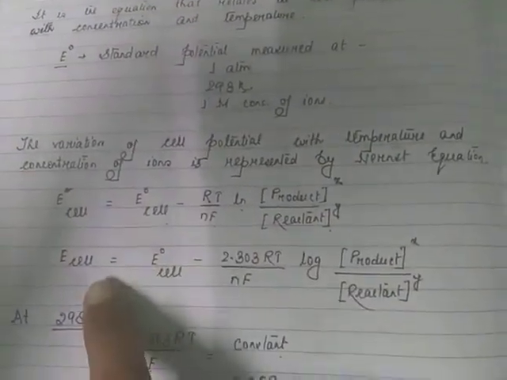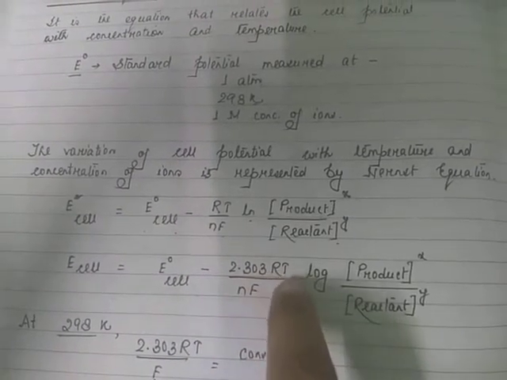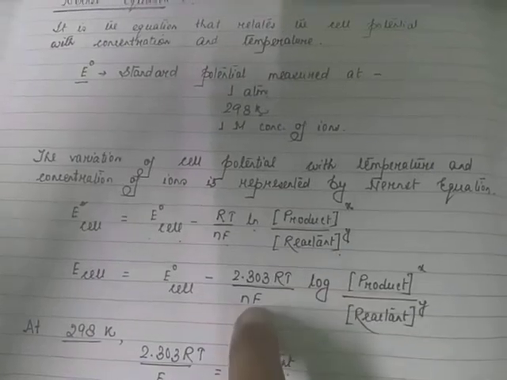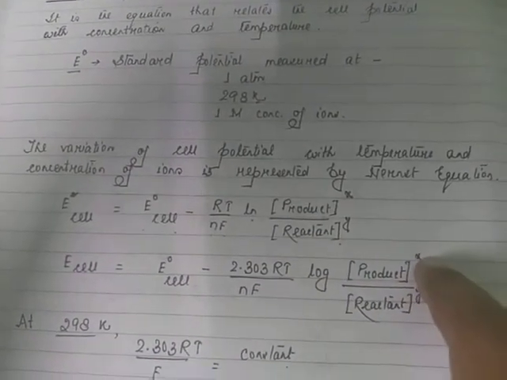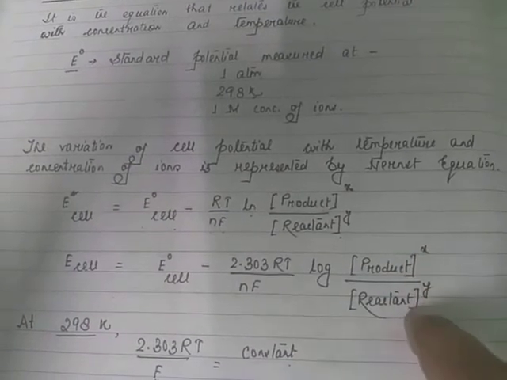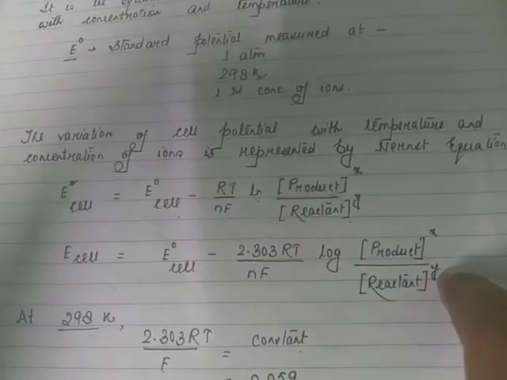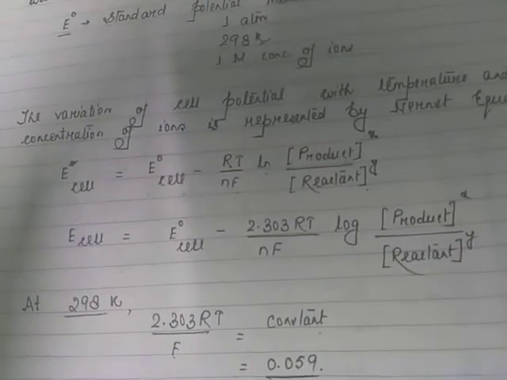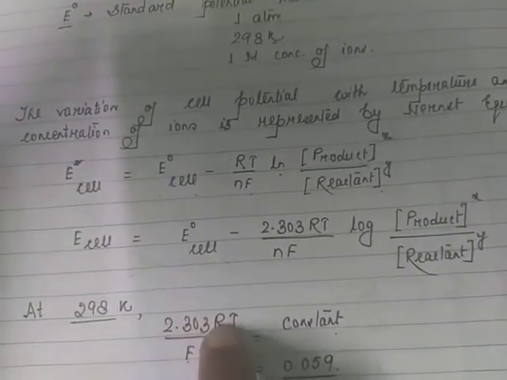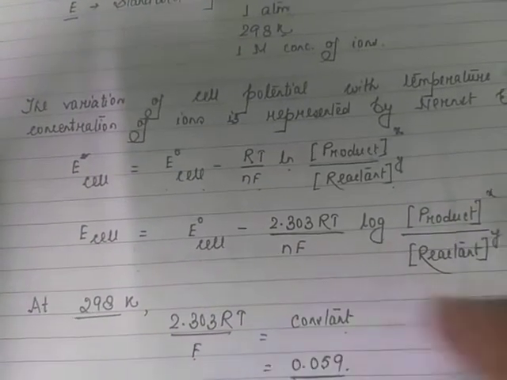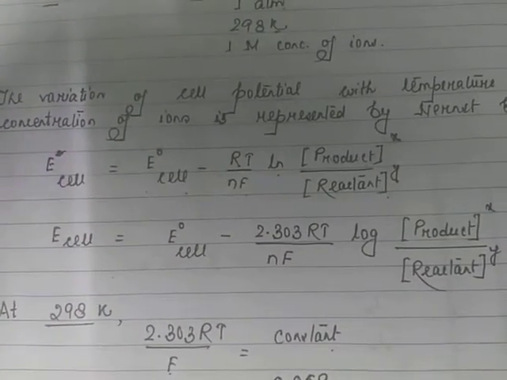So here E cell is equal to E naught cell minus 2.303 RT by NF, with a decimal log of the concentration of product raised to the power of the respective number of moles divided by the concentration of reactant raised to the power of its respective number of moles. If we consider the temperature at 298 Kelvin, then 2.303 RT by F, where F is 1 Faraday or 96500 coulomb,